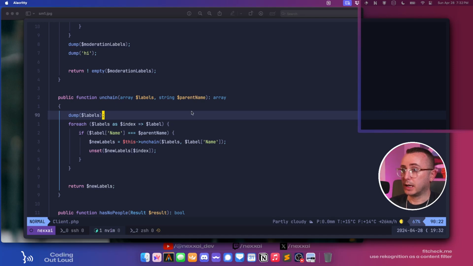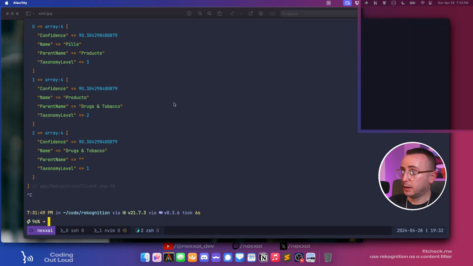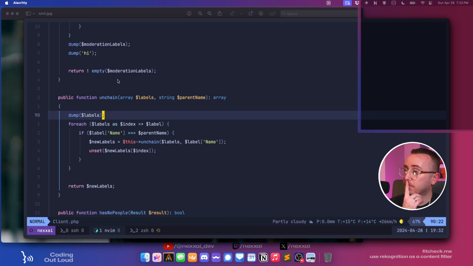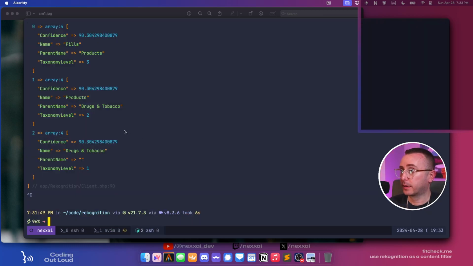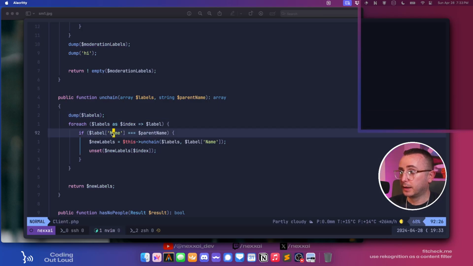So this one should get products, and then it should come up to pills. Oh, okay. So I have it backwards. So if the parent name is that,